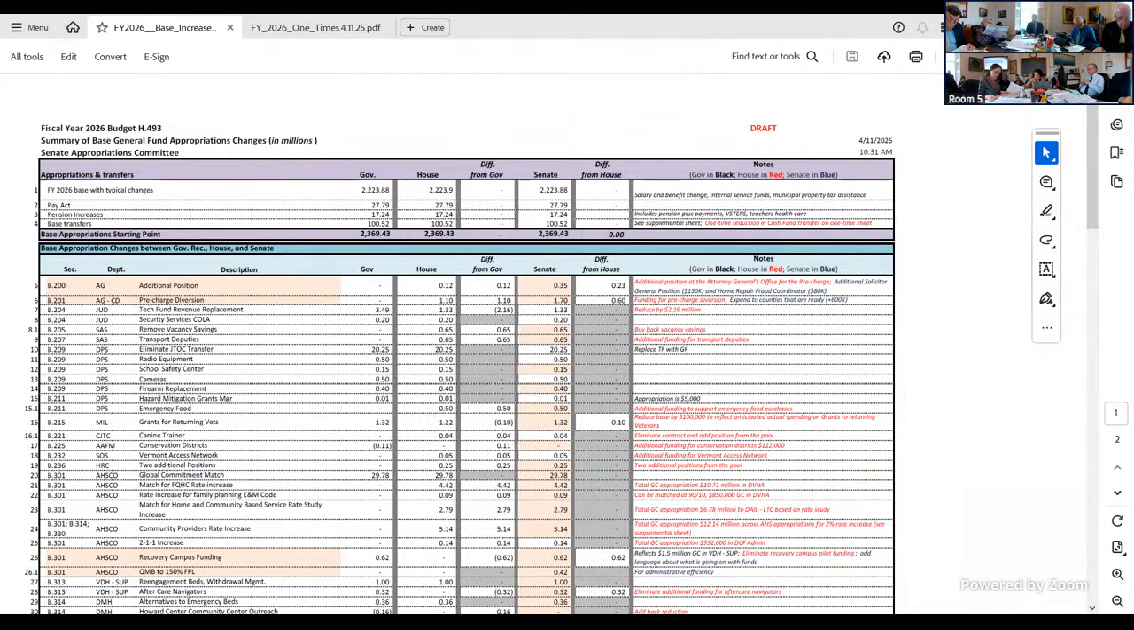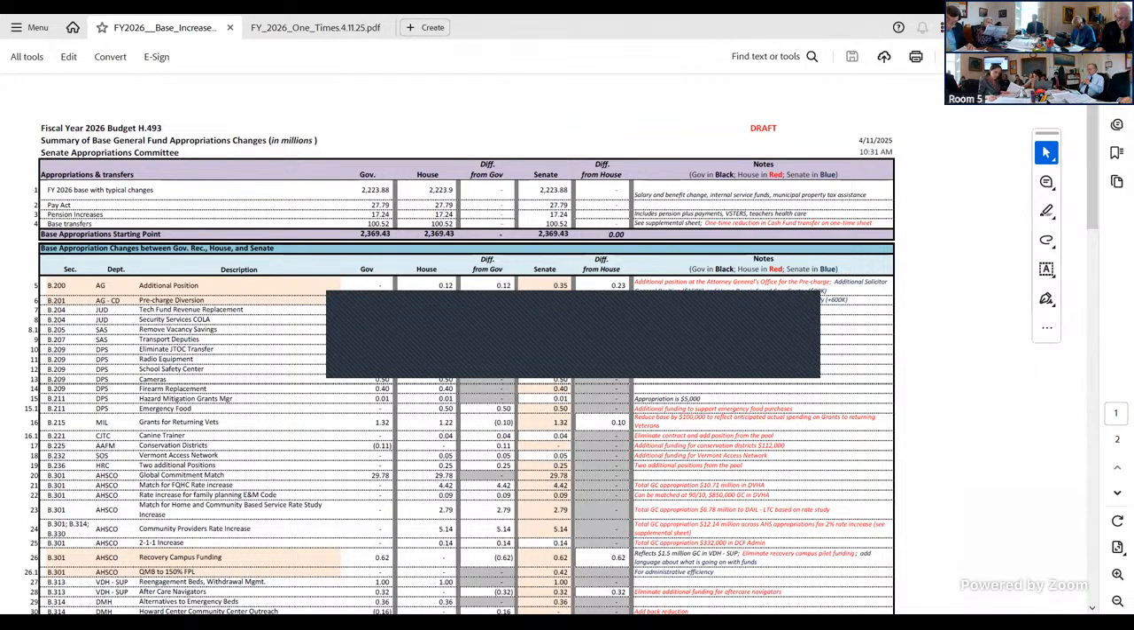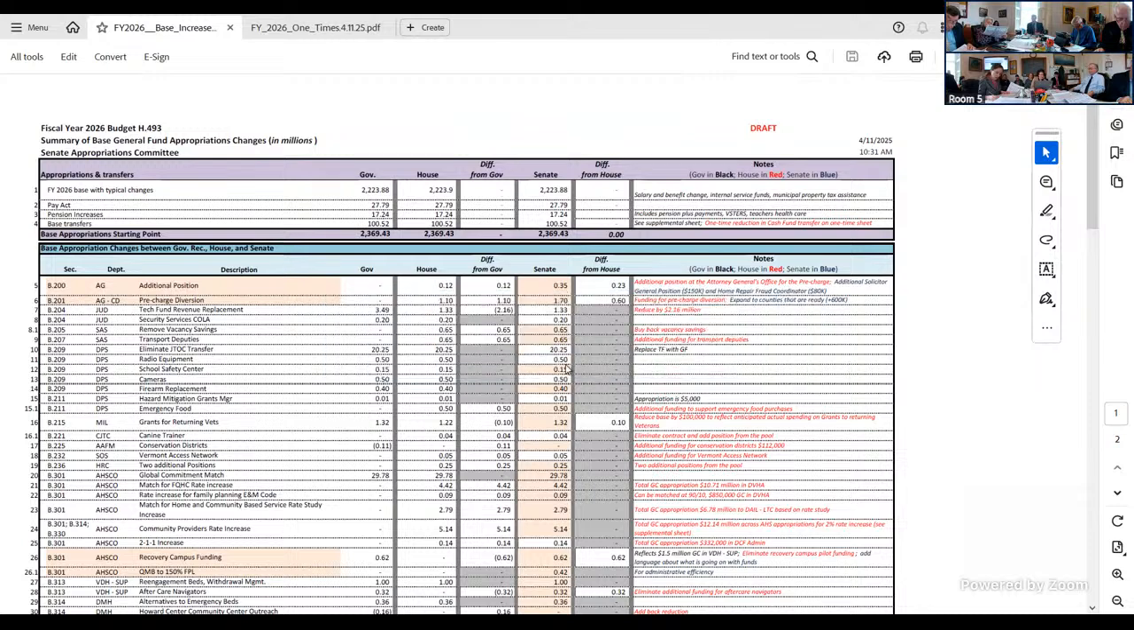On the next line, this may actually be a technical one that JFO needs to look into, based on some conversations I've had with the judiciary. It looks like there was a reduction made of $216,000 to the judiciary for the revenue replacement for the tech fund. I think the understanding in the House was that this could be reduced so long as the budget adjustment passed, but there's some confusion. First, the budget adjustment hasn't passed yet, so that's not the question. The second part is